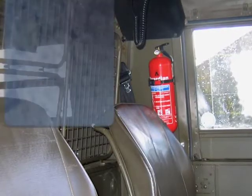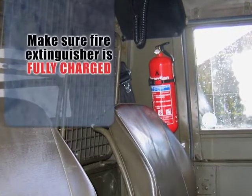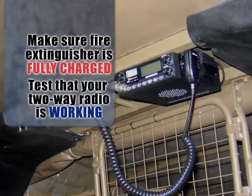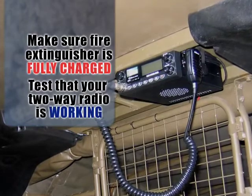Therefore, it is highly recommended that you clear the inside of your cab of any loose clutter like soda cans, trash, or tools. Tie down anything with bungee cords that could also become harmful or cause injury if it's slammed into you while driving. It's also a good idea to make sure that the mounted fire extinguisher is fully charged and recently inspected. And as the final step in your pre-trip inspection, test your two-way radio and make sure that